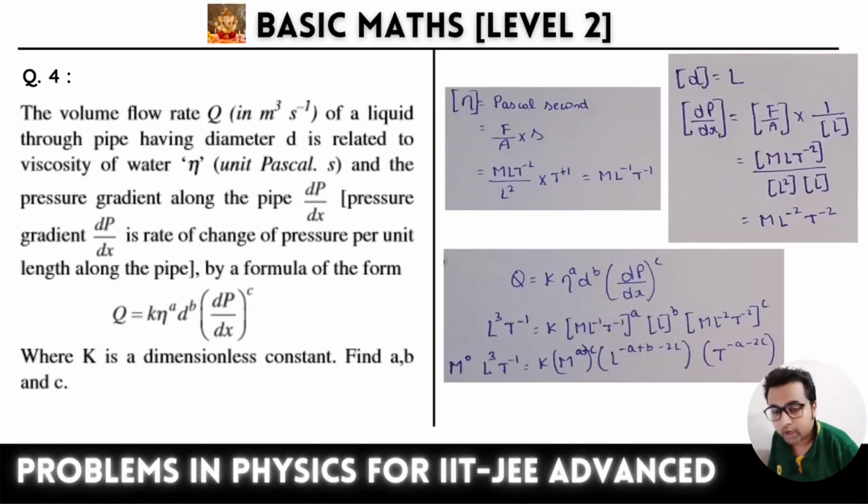Okay, so I hope you are done with the problem. So let's decode. The problem is very clear. We have the equation, so let's directly dive into it. See, whenever we have to calculate this a, b, c, we have to convert all the units into dimensions, because